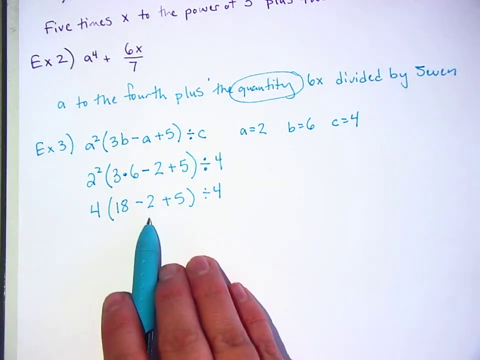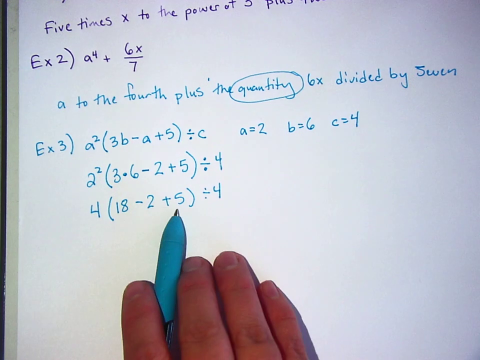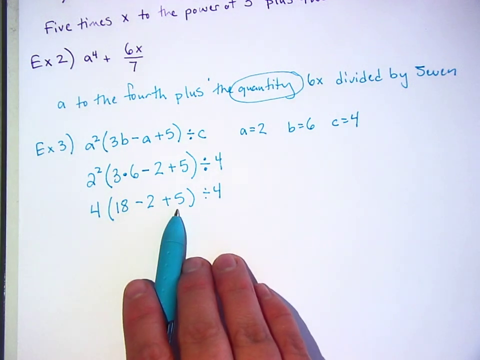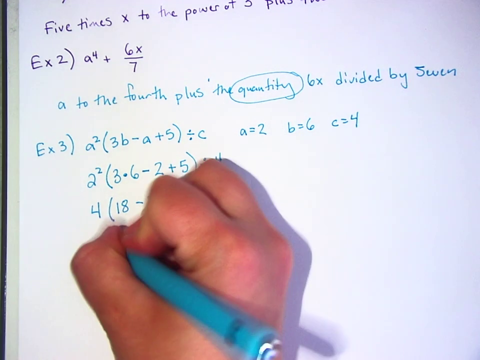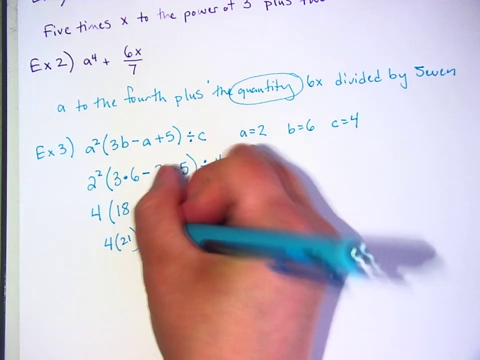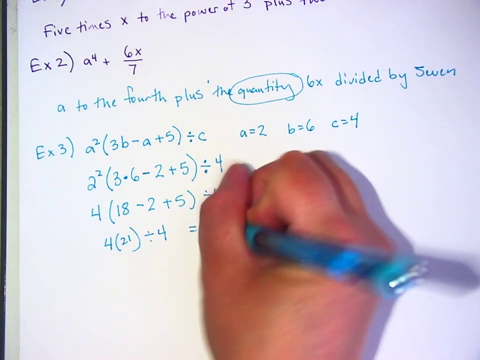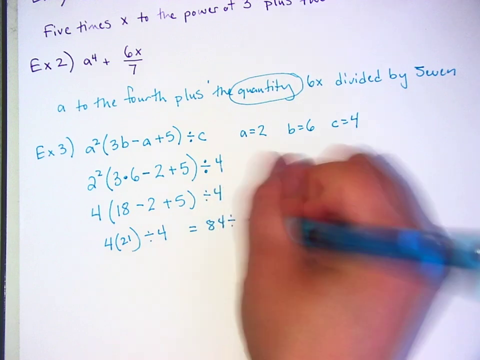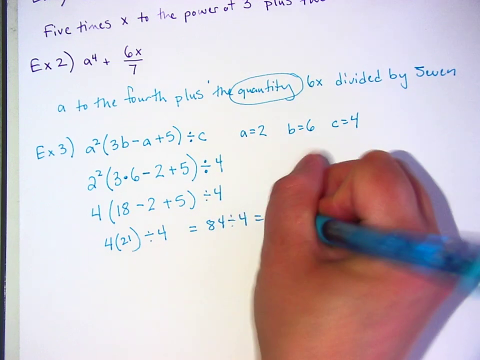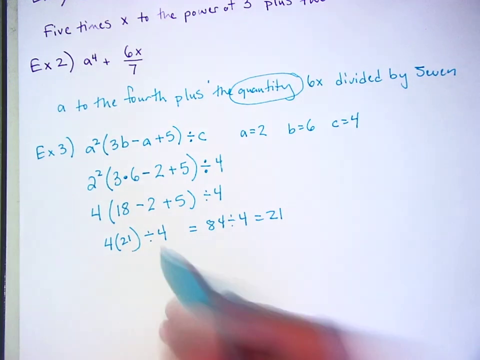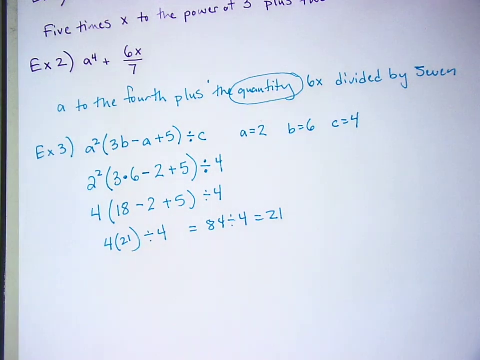So 18 minus 2 is 16. 16 plus 5? 21. So this is 4 times 21 divided by 4. 4 times 21 is 84. 84 divided by 4 is 21. You could have also realized that timesing by 4 and dividing by 4 undo each other. So you could have just kept it